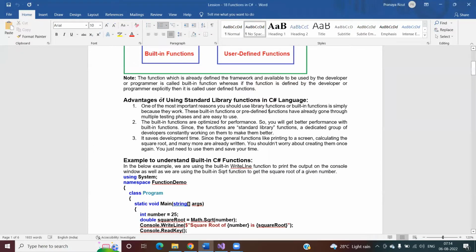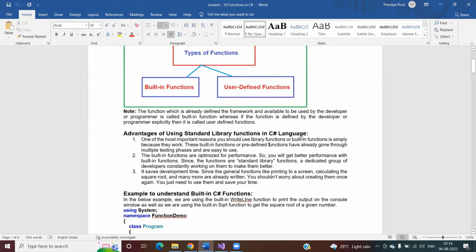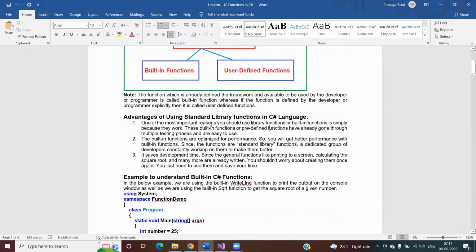Okay. Now let us first study the advantages of a built-in function, and we will see some examples of built-in functions. Then we will see what the problem with a built-in function is. Then we will see how the problem is solved by using user-defined functions. So one of the most important reasons you should use library or built-in functions is simply because they work. If a function is provided for any specific purpose, it means that 100% that function is going to work. There is no chance that the function is not going to work. Why? Because the framework is providing you the function,